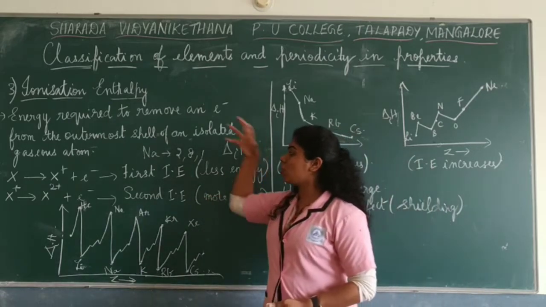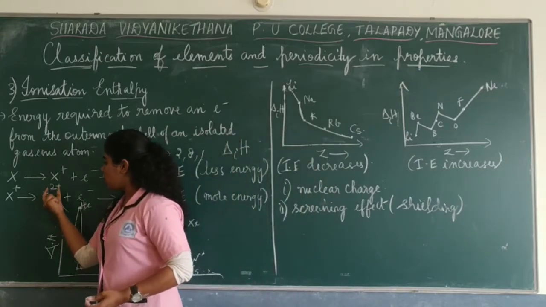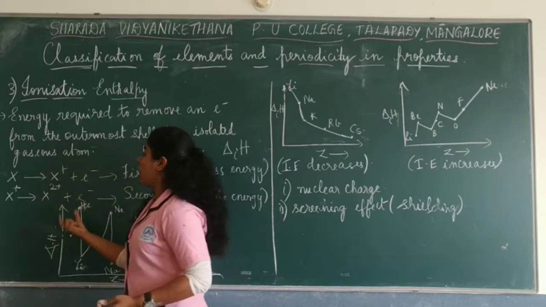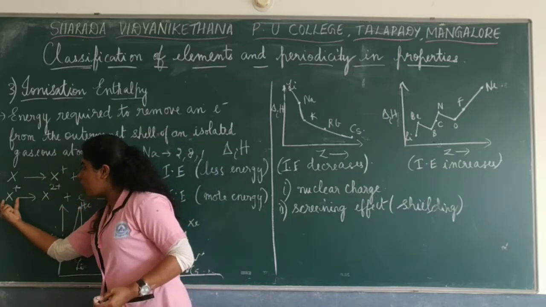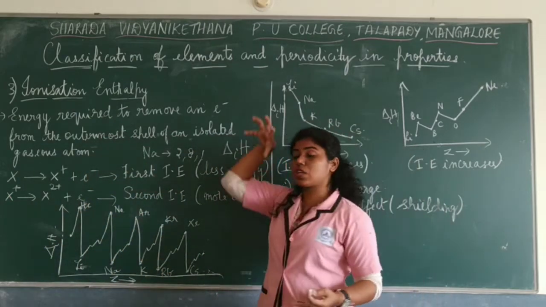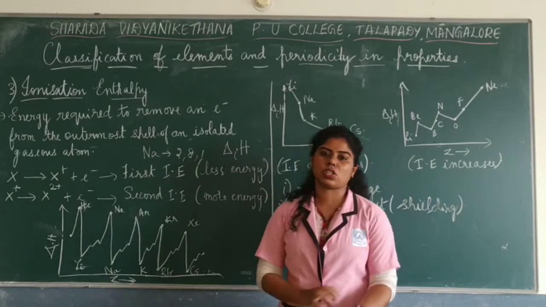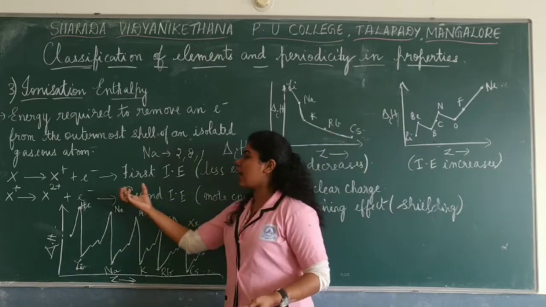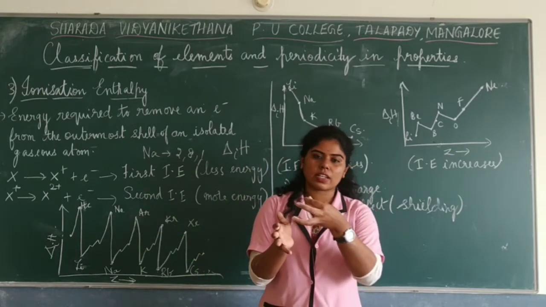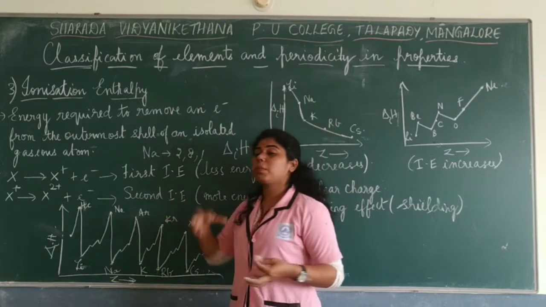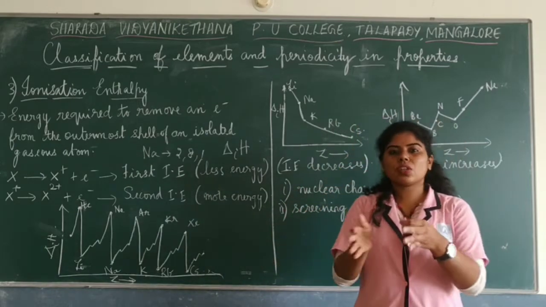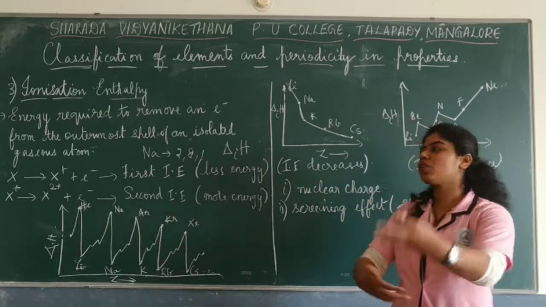If you have to remove the second electron, to form a dipositive ion, this is monopositive, one electron is being removed. If you try removing another electron from that monopositive ion, then it becomes a dipositive ion. So you require still more energy when compared to the first ionization energy. Why? Because these electrons will be still more tightly bound, no? Inside there is nuclear force of attraction, that is, nuclear charge is high. So you require more energy to remove the second electron. In the same way, third will need still more energy. So the energy keeps on increasing as you move on to different electrons.